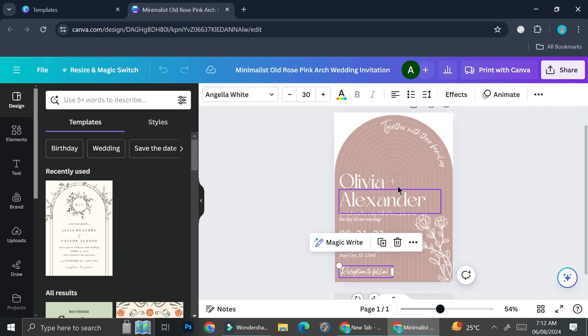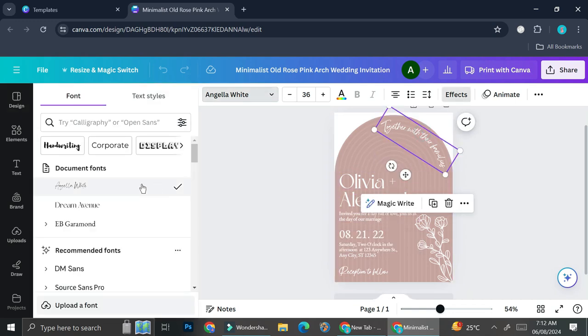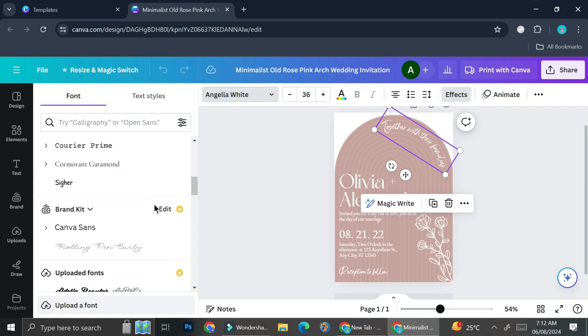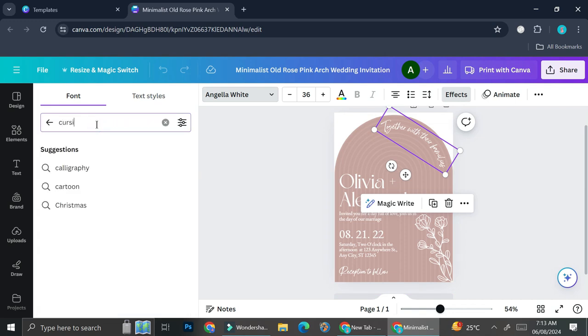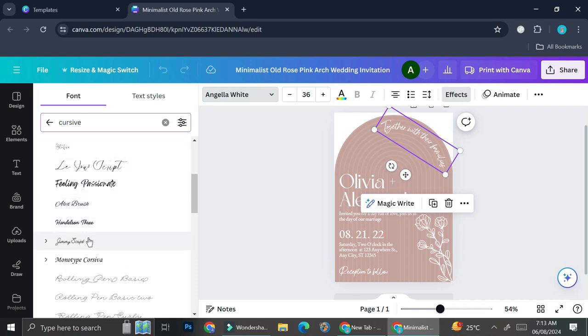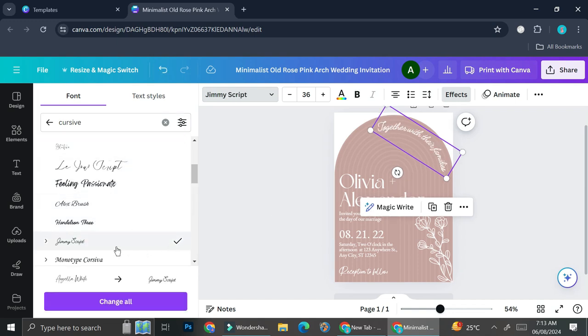I usually think that 2 to 3 fonts is fine, but more than that will most of the time make it look a little bit too crowded and sometimes come off as inconsistent. So instead of adding more fonts, if you don't like any of the fonts that are available here, all you have to do is change it to what you want. Let's say you want to search for this cursive type of font. You can search for cursive, and it's going to give you a bunch of cursive fonts that you can play around with. Like this one right here,